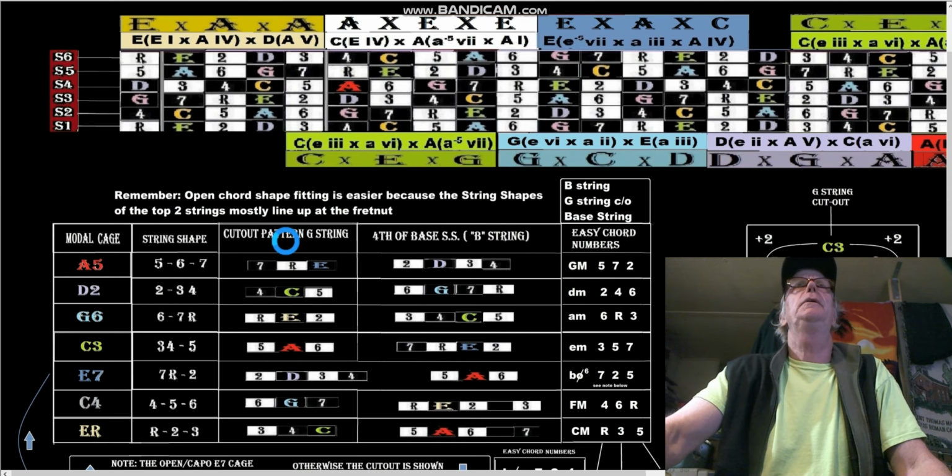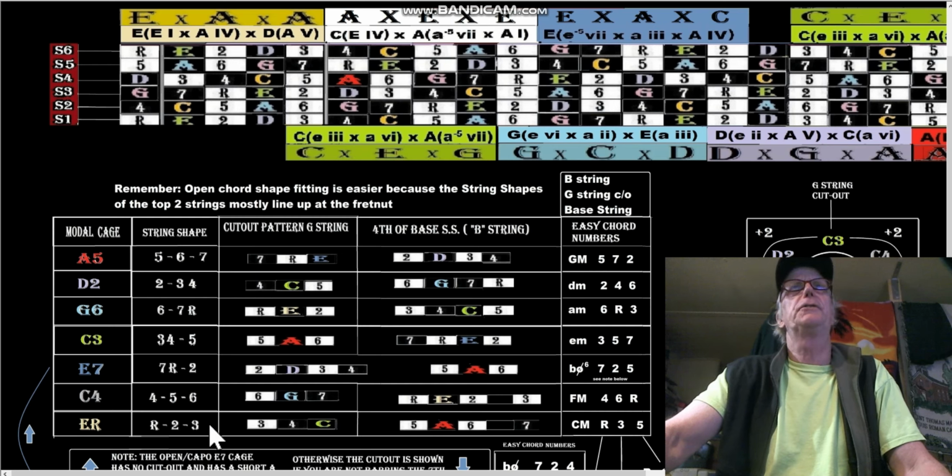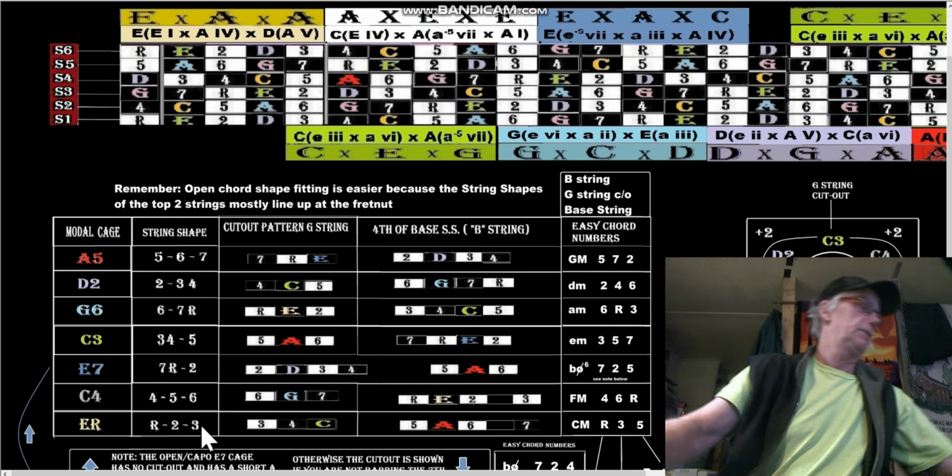So what are we looking at? We're looking at, this is a string shaped stack. The E root string shape is root 2 3. Okay, so it's